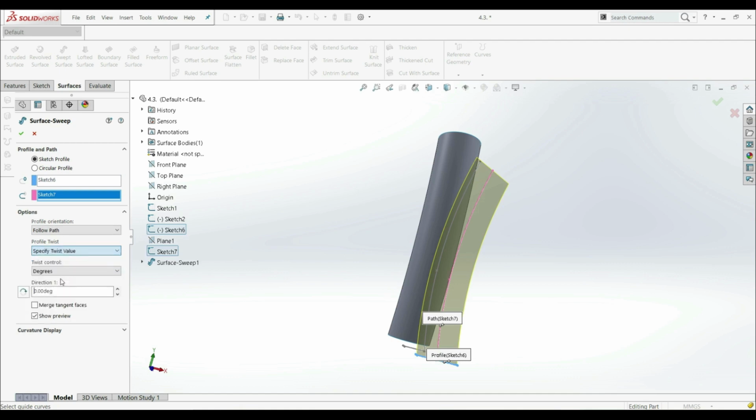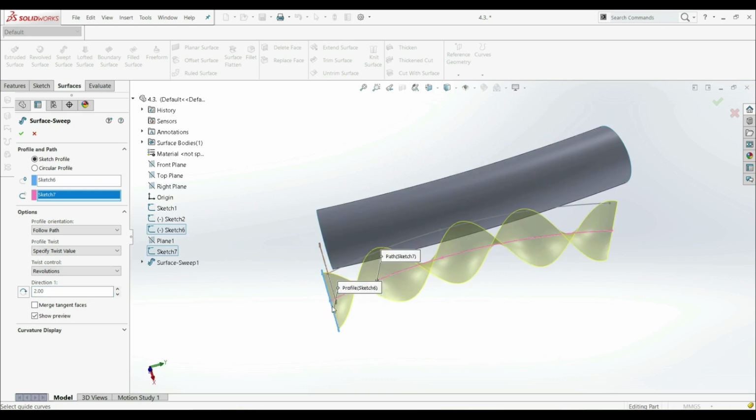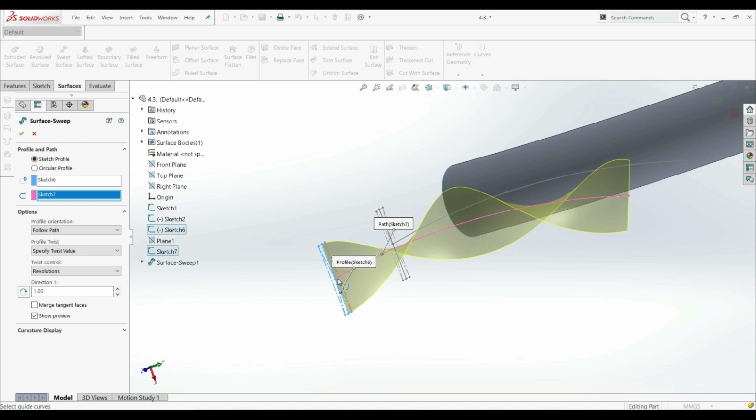So let's click this. And now we have here another option, twist control. Let's click here and we have few options. We have degrees, radians, and revolutions. And we're going to go with revolutions. And here we can choose the number of revolutions. So we can go with 2, for example, like this. And now what happens? Now we see that this profile at the beginning is rotating along this axis 2 times. If we go with 1 revolution, now we see that this profile rotates 1 time, 360 degrees